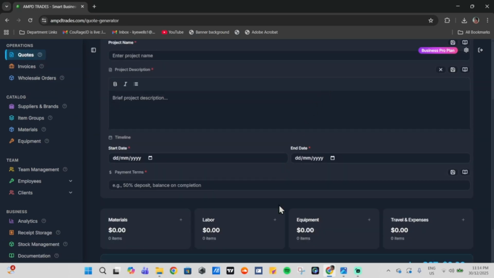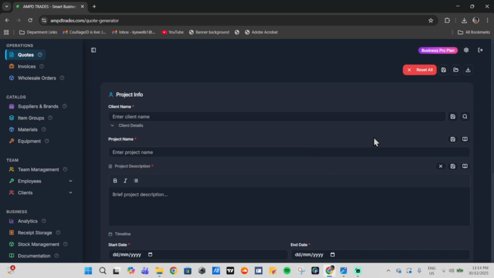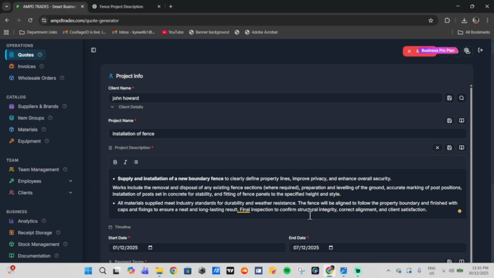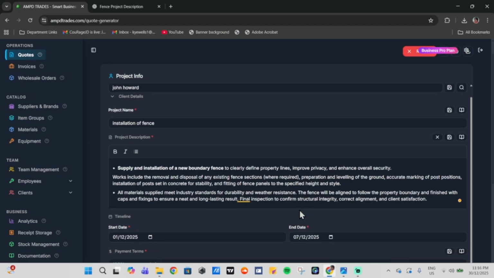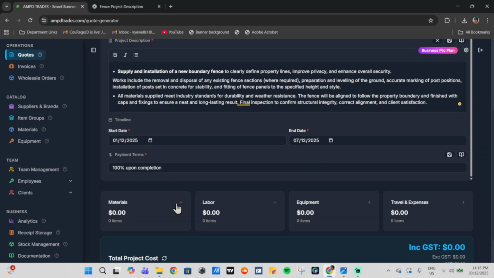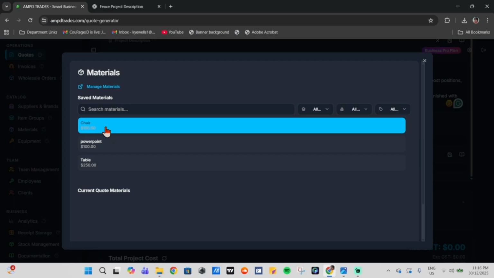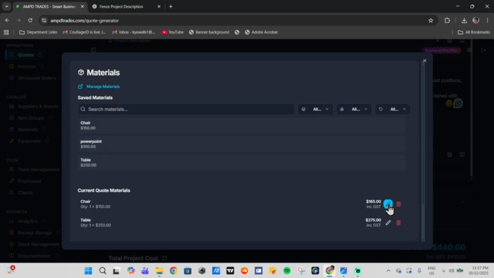Now I'm just going to fill in some random data here. I'll be right back. Now I've just added in all of this information. I've used a lot of my saved stuff, so that is a very good time saver. Now if we go down here to materials, let's say we want to add in a chair again and a table. So let's say we add in 2 chairs